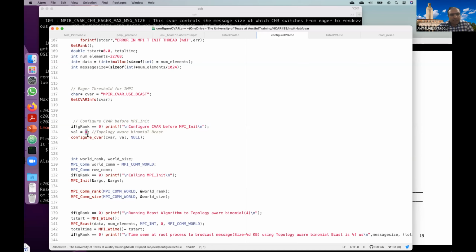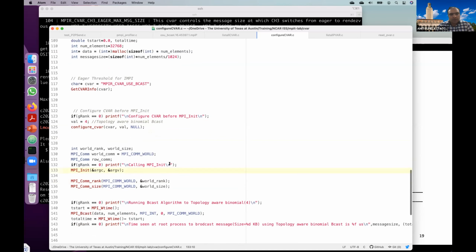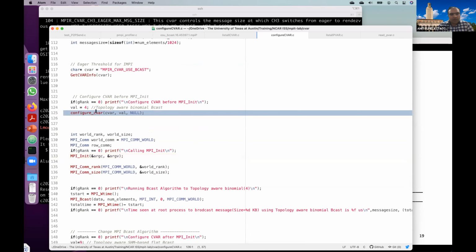You can also see that this can be changed even before MPI_Init. So this profiling interface works even before the MPI implementation initializes itself. Even before that, we change its value, and after MPI_Init, if it calls any bcast function, it will use the topology aware binomial bcast.